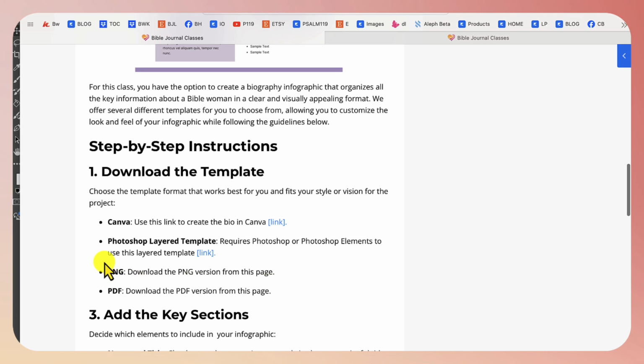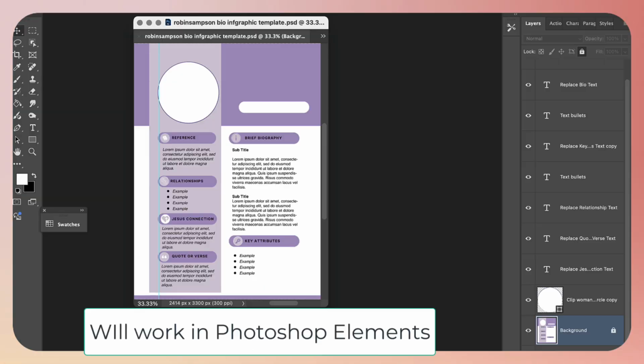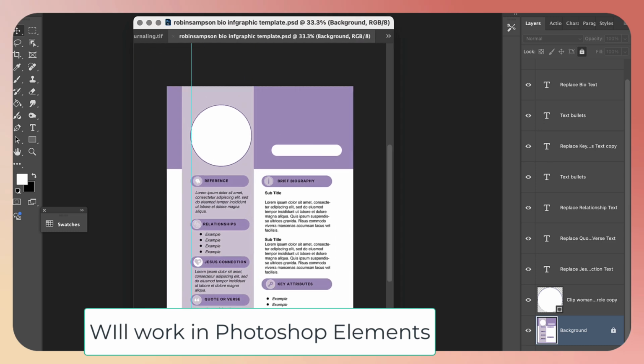For this video, we're going to use the Photoshop layered template, but you could also use the Canva, the PNG, or the PDF. The PDF is for those who are not using digital, that are printing it out and filling it out by hand. But we're going to use the Photoshop layered template. So I have that open in Photoshop,